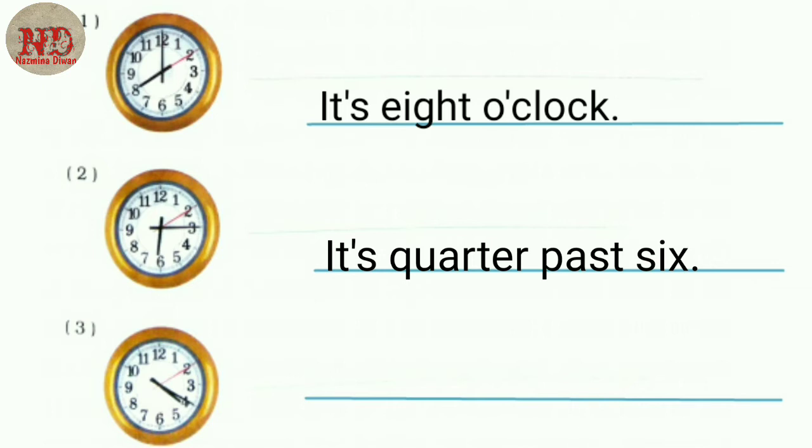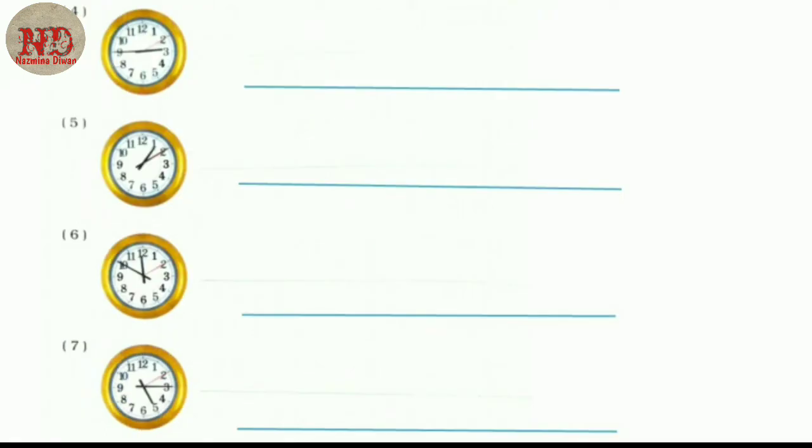So we can say that it's 4:20. Now move to the next. In this clock, what time is it? Students, in this clock, the short hand is at 3 and long hand is at 9. So it's